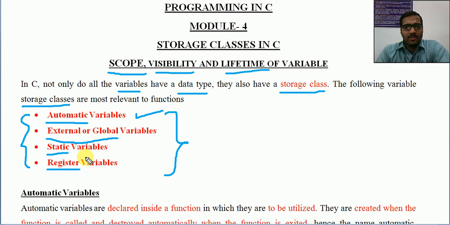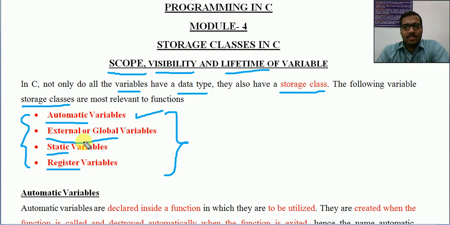All these are storage classes in relation with variables, and they are also applicable to functions, since we declare functions just like normal variables. But we are generally going to discuss variables, and how these storage classes are used with them.